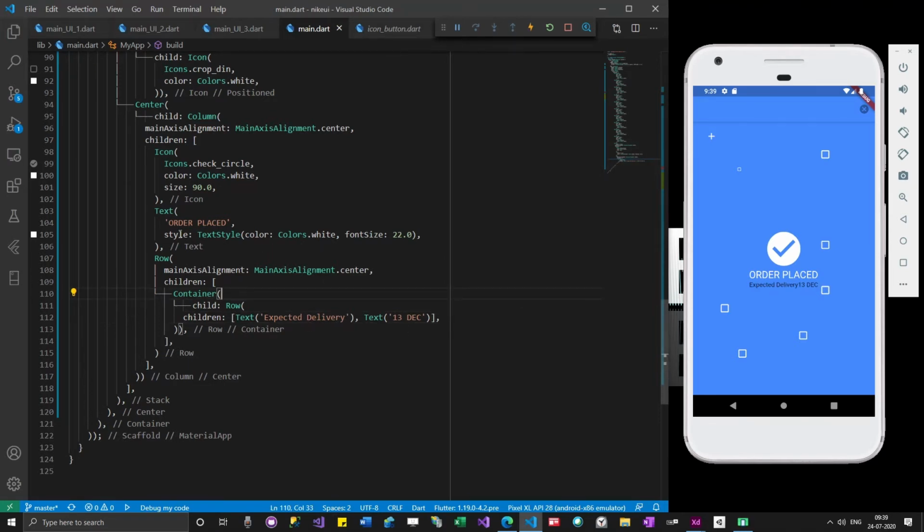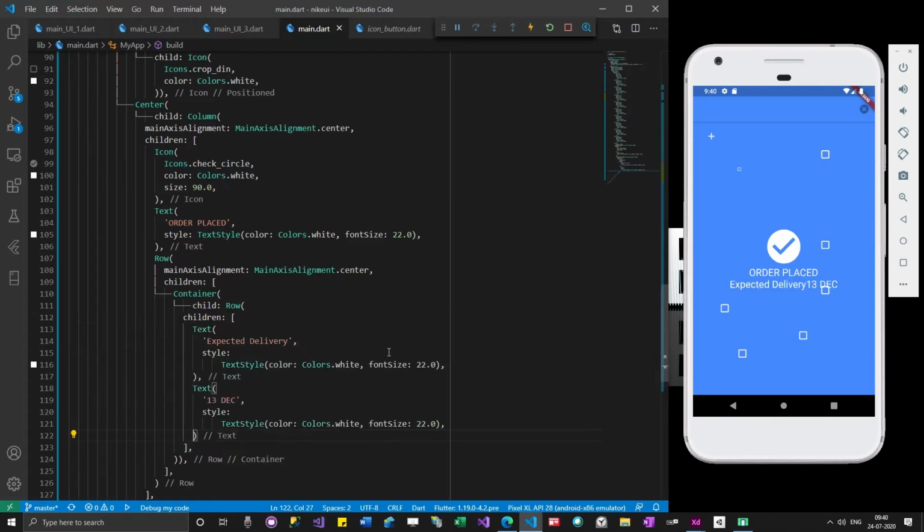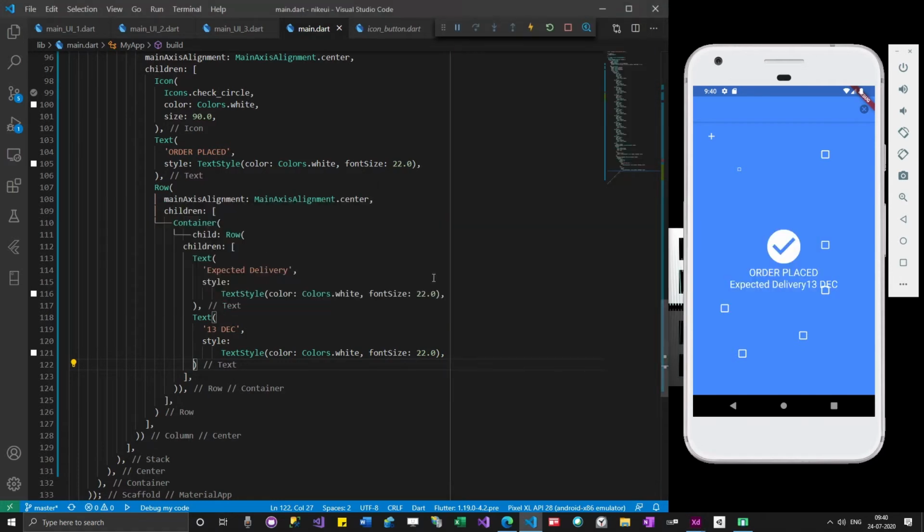Let me change the text style as well. Let me copy the style from here. It has to be slightly small, so let me make it maybe 15, and then let me make it 70.